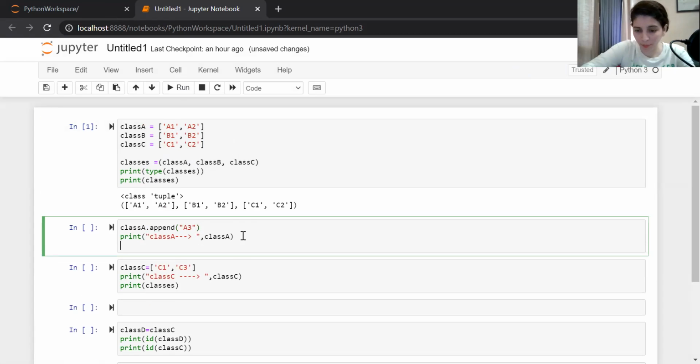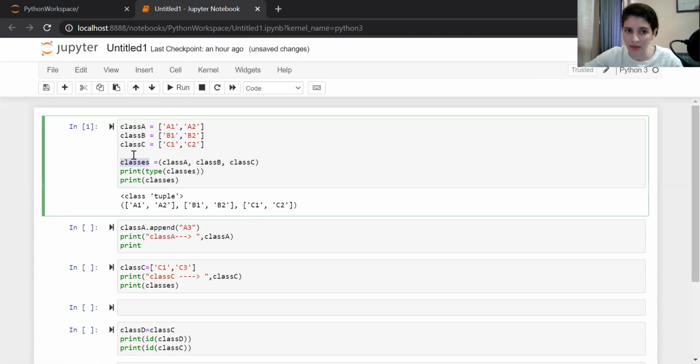Now, what would happen to our tuple? So our tuple, when we had declared this tuple, this classes holds a reference to this. This again holds a reference to these three lists. But since lists are mutable and we have not changed the memory location, these three lists,